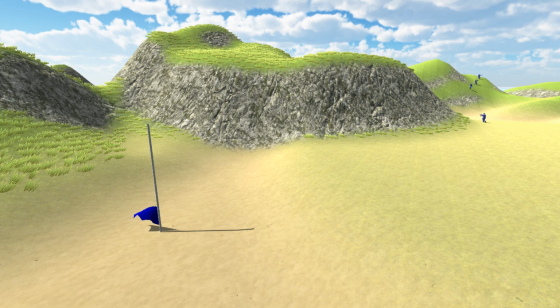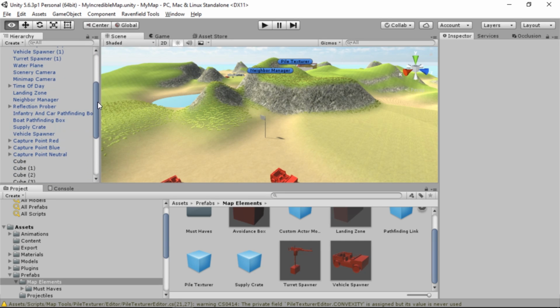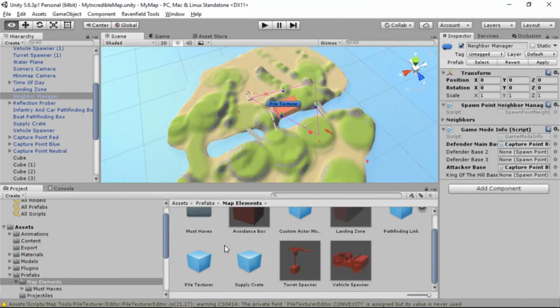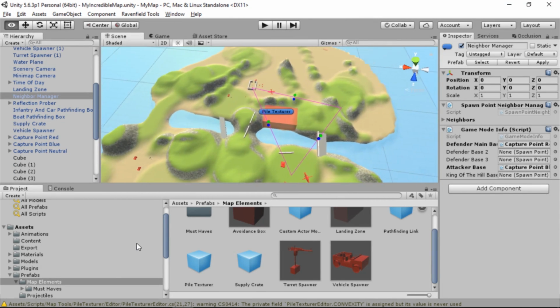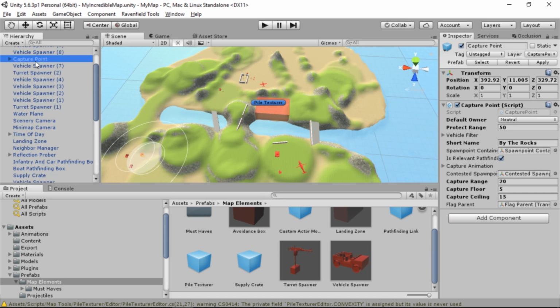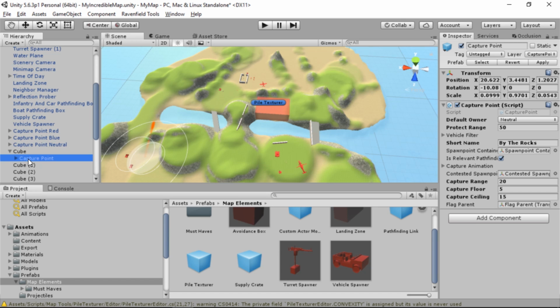So how do we integrate flags into the network of war consciousness? Simple. Find the object on the left-hand side that is called neighbor manager. If you zoom out, you can see that these 3 flags from the beginning are connected. So now we need to connect the rest of them. First, I'm just going to move the capture points next to each other here. Capture point, right? Make sure that there's this line and not like this, otherwise you make them the child of another object,